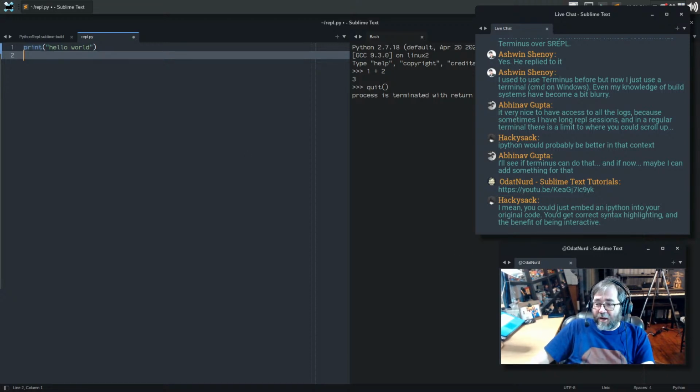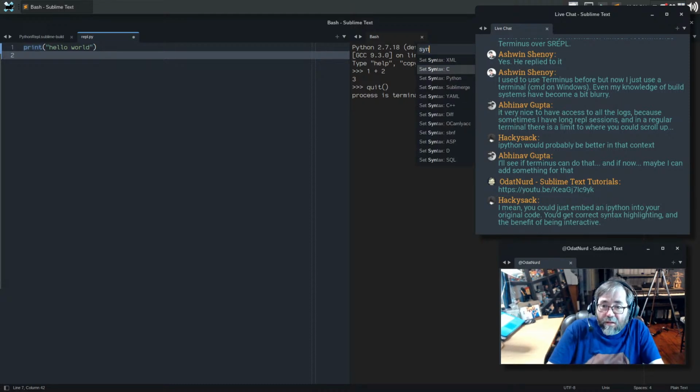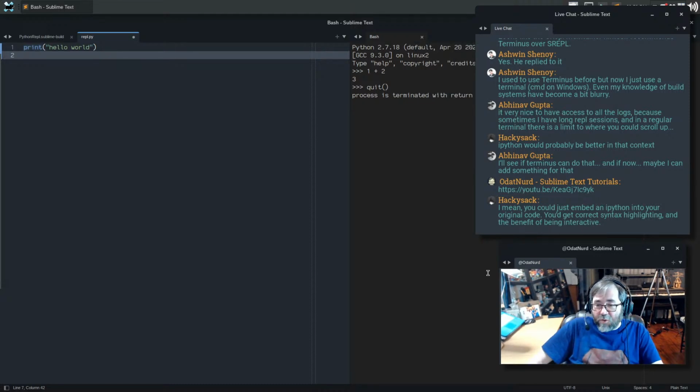As we can see here, if you look down at the bottom of the window, this tab says plain text now, but I can change it to whatever I like. It's not really going to matter in here. It's going to stay as plain text, because what Terminus is doing behind the scenes is capturing all output from the running program and interpreting it the same way that the terminal would.